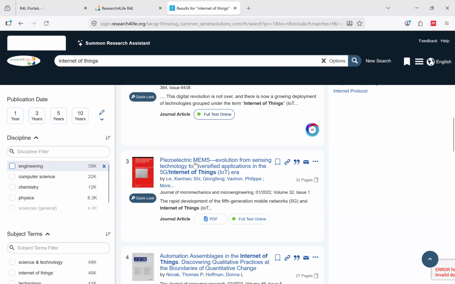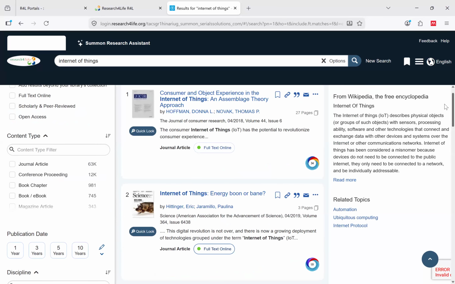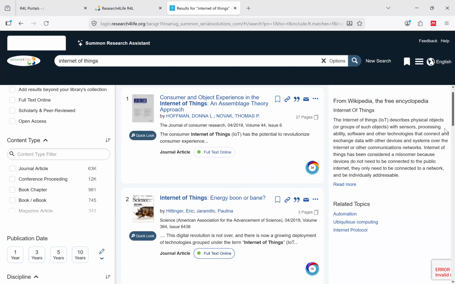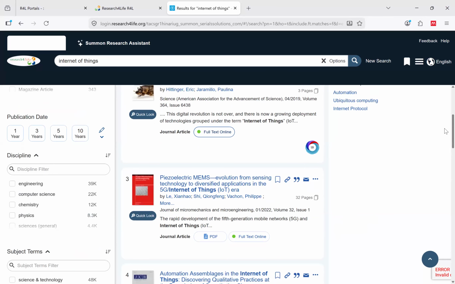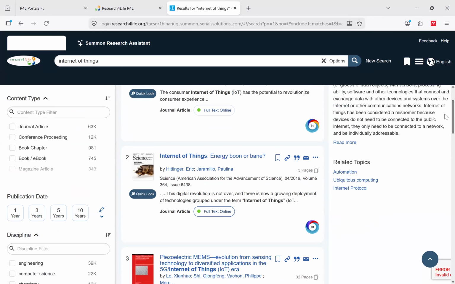So let us look on the left-hand side of my screen. On the left-hand side, we have the filters. Now, our supervisors, they are strict on citing current literature. How do I filter to current literature here? Oftentimes they tell us 10 years, don't cite any article below 10 years. So in this case, what do you do?